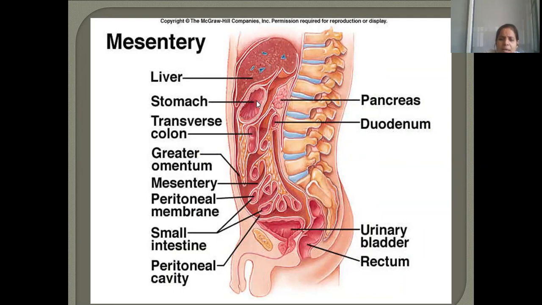Okay. So now see here, this picture I have been revising so many times. Between the liver and the stomach, what is the name of this fold of peritoneum? Lesser omentum. Very good. What is this apron-shaped fold of peritoneum from the greater curvature of the stomach like this? Greater omentum. Very good. Greater omentum. Greater omentum is continuing with which part?